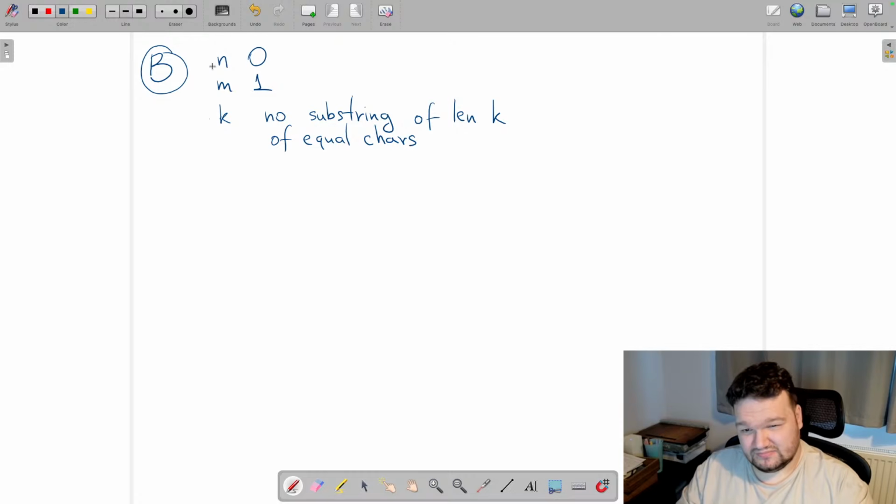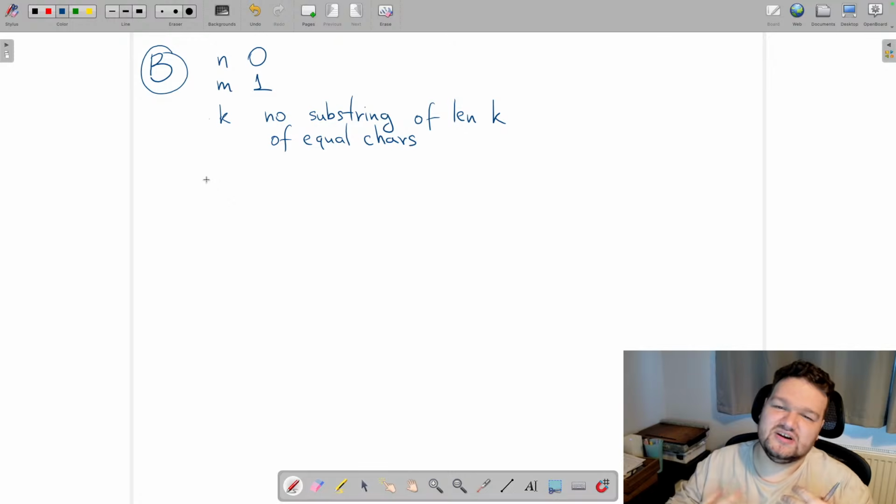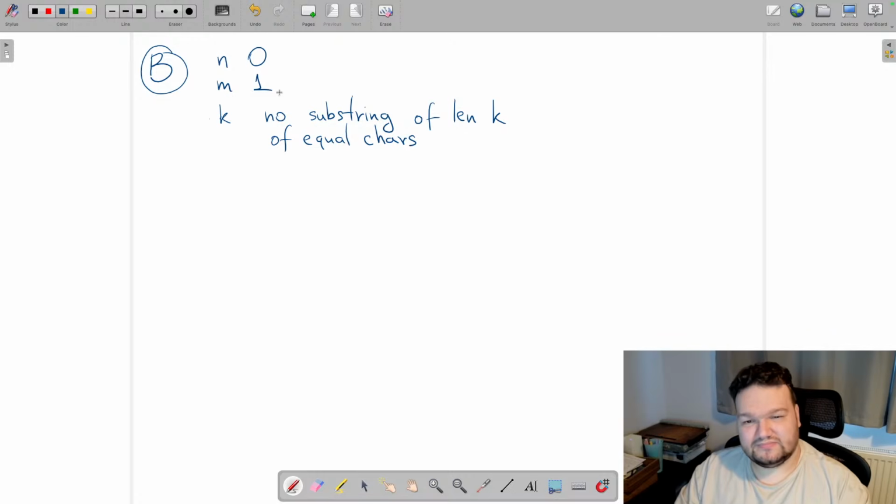But if n and m are not equal, then the characters that we have more of, we kind of have to have some groups of. And let's say that